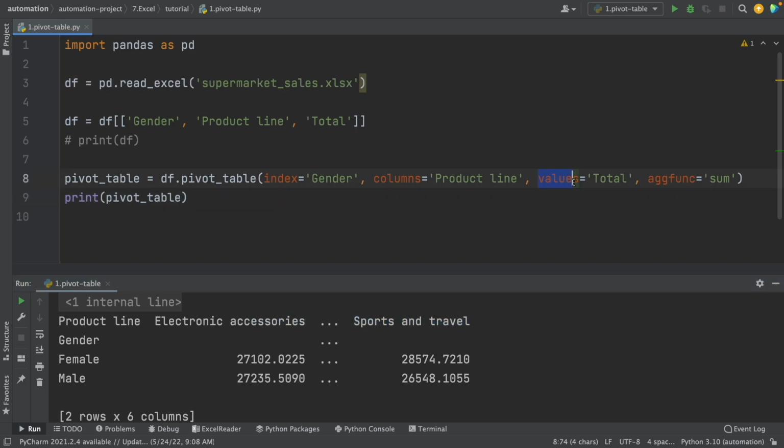And finally, in the values, we have the numeric data that was in the total column. So here we have this numeric data, and we use the sum as our aggregate function. So we sum the values in each category. And now to see the content of this pivot table much better, I'm gonna export this pivot table in an